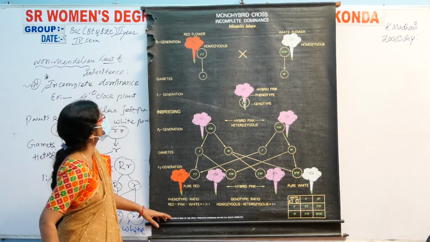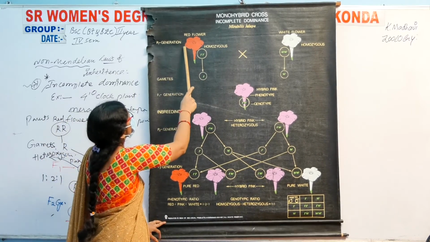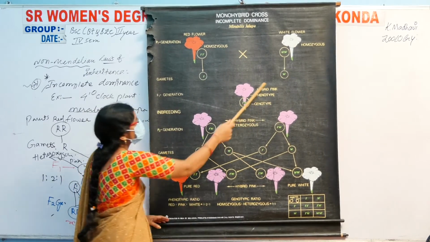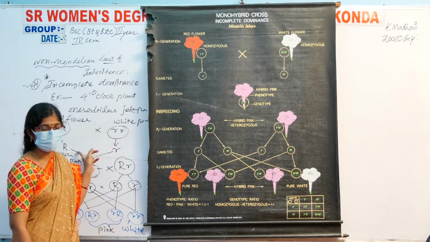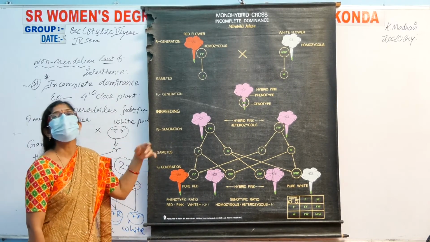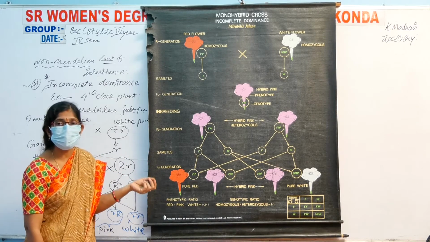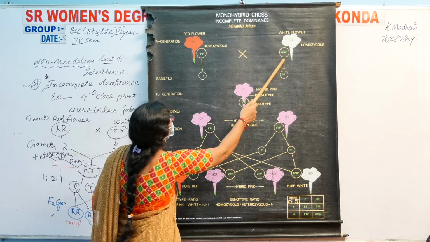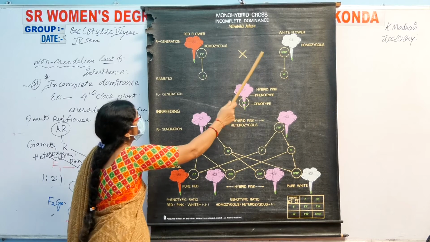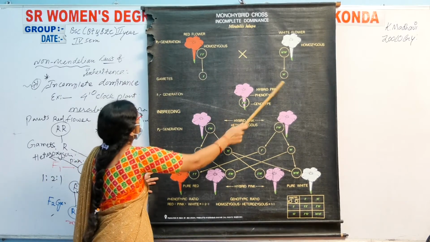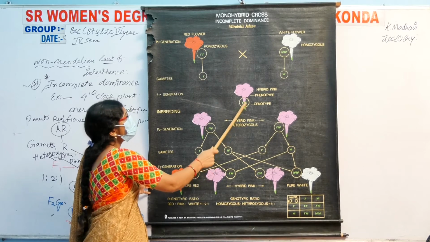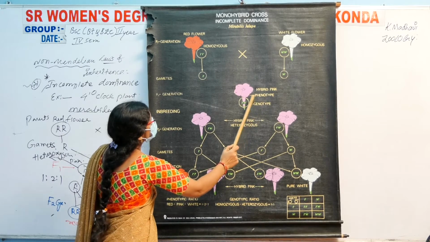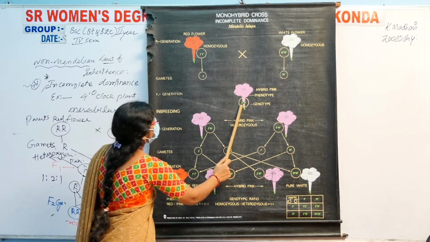Let's discuss here. This is a red flower, parental generation, homozygous character, and here the white flower, homozygous character. Here we used capital R, but here the letters are written differently. Red is R and R, white is W and W. The color letters are indicated here. Both gametes are produced here, and the F1 generation gives a pink color flower. This hybrid pink, these are phenotype and genotype in this manner.